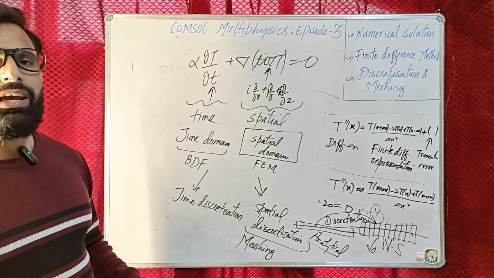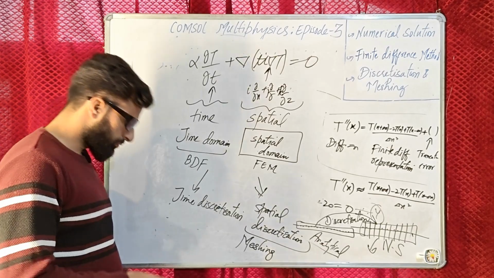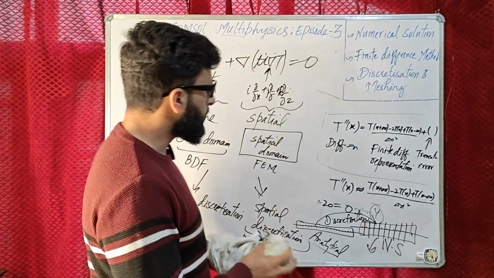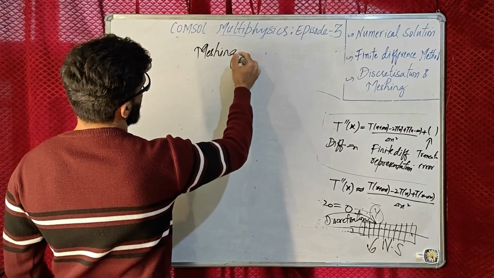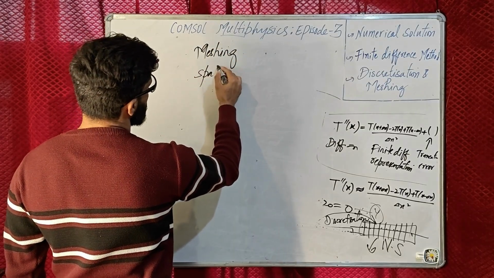Now meshing has different types. There are different types of meshing. Now let's move to the types of meshing. So if that spatial domain